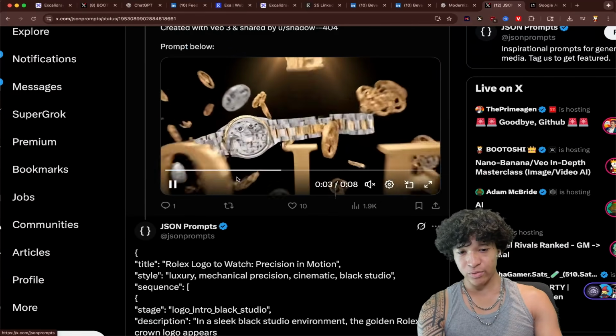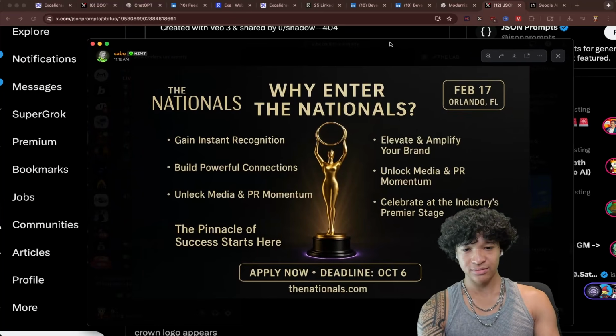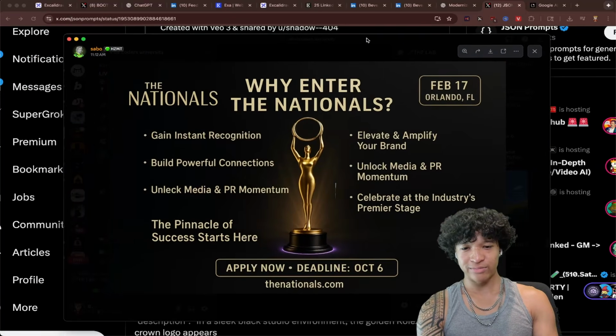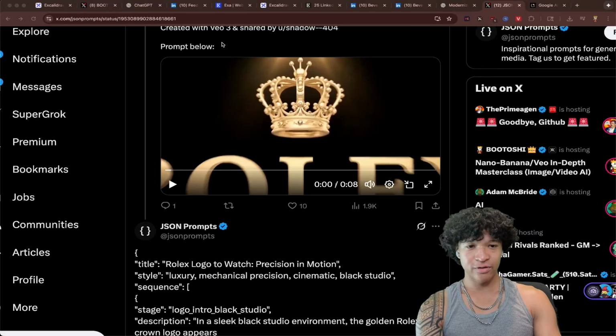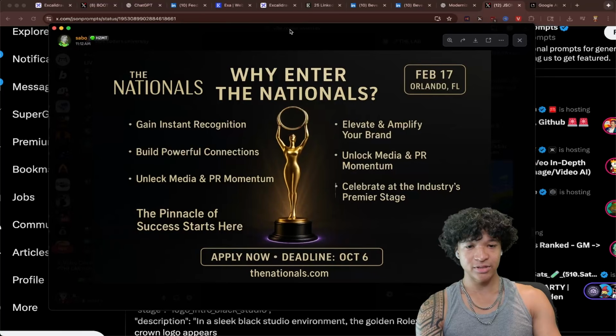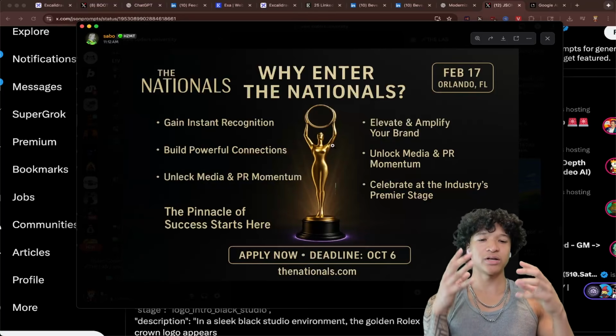The first thing we want to do is create a high quality image similar to this, right? We want to VO prompt it. So the first thing we want to do is create this base image. A base image. I would say a more simple base image. So I don't want the text here. I would just want